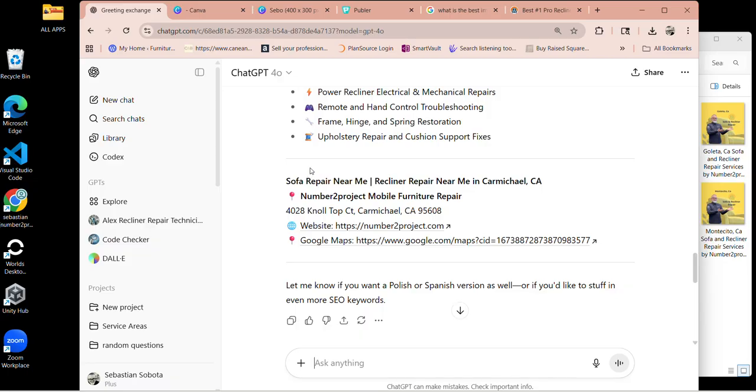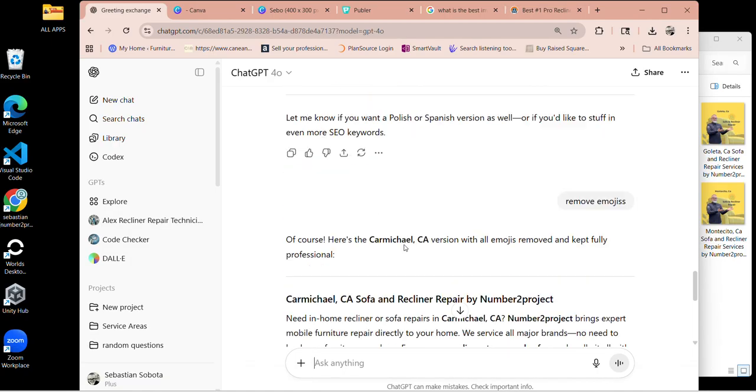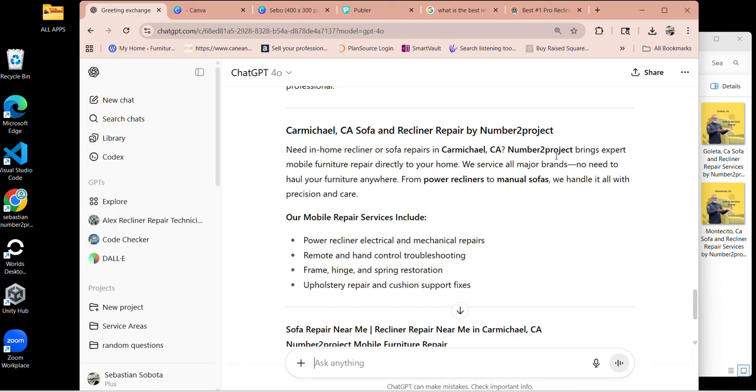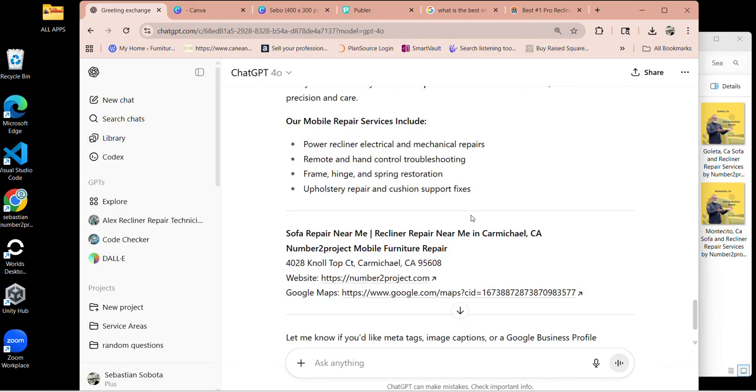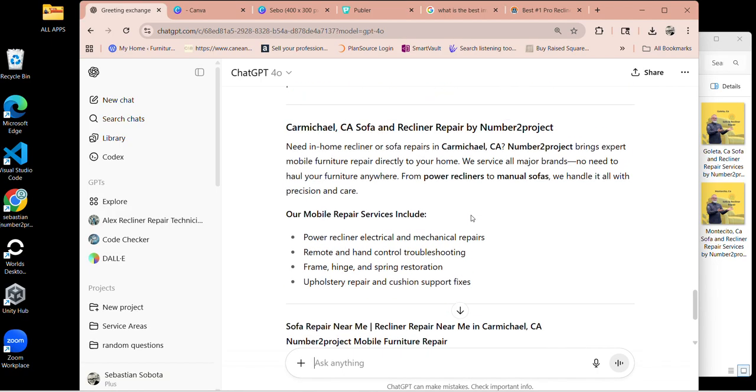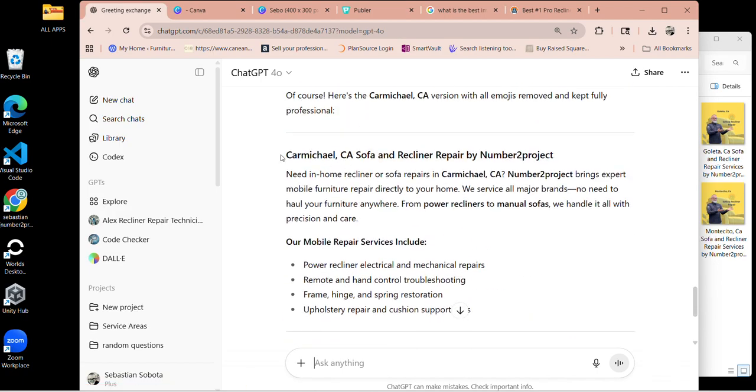Google Business Profile is not taking emojis too well all the time, so it can remove or not post your update, and you don't want that. So I just told it to remove emojis, and here is our post. All right, what I always do,